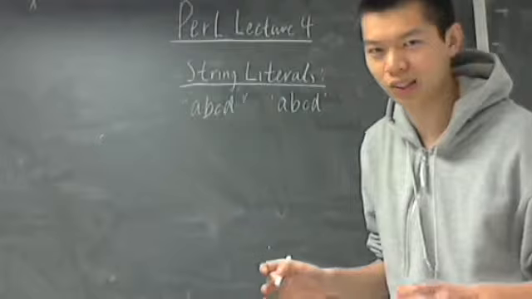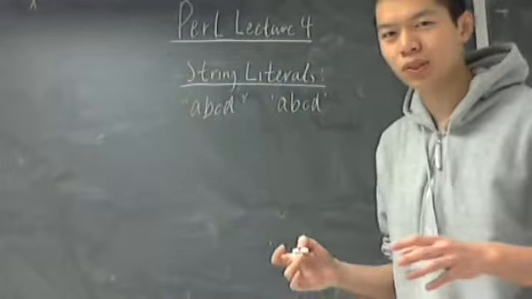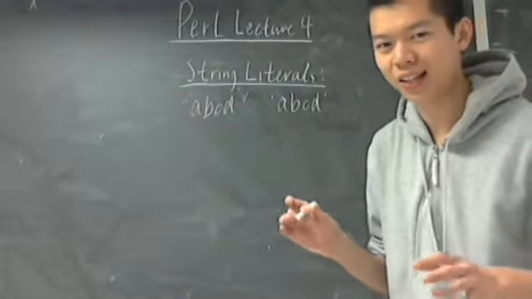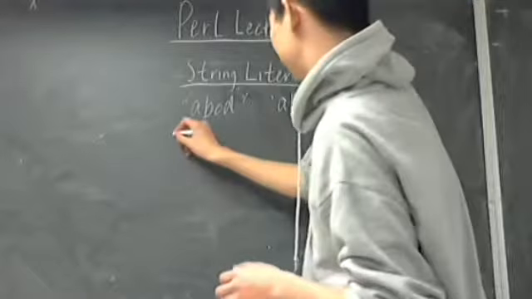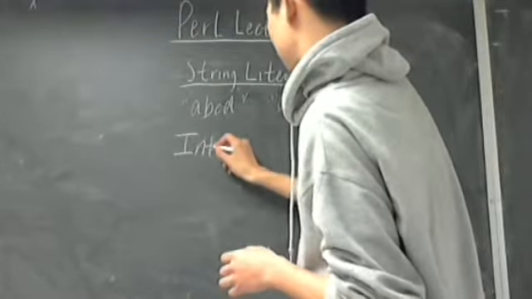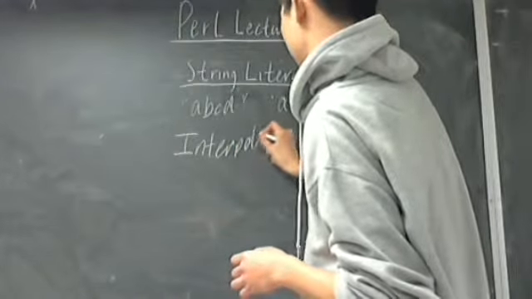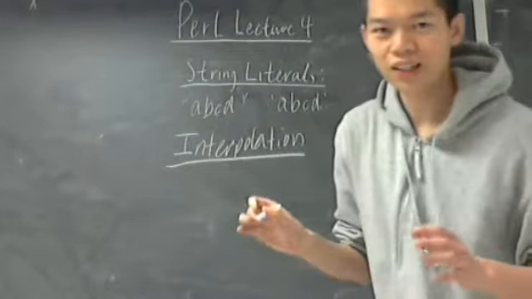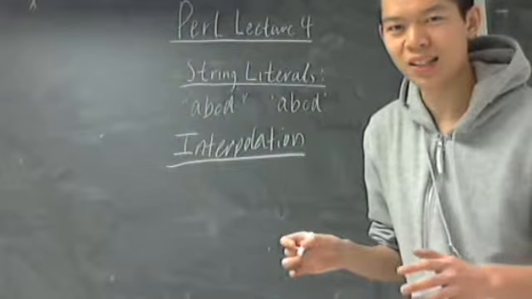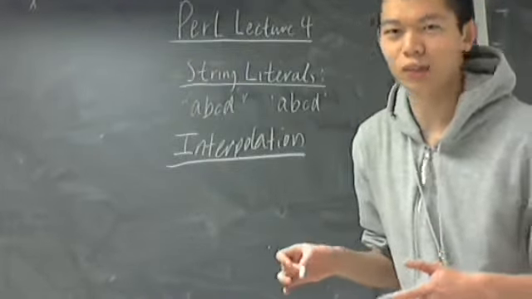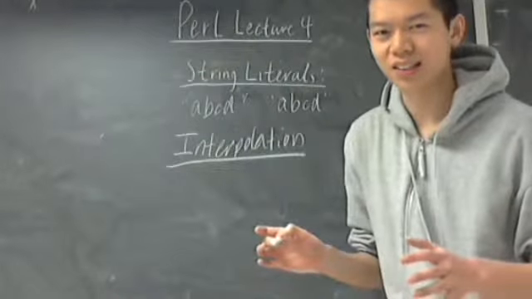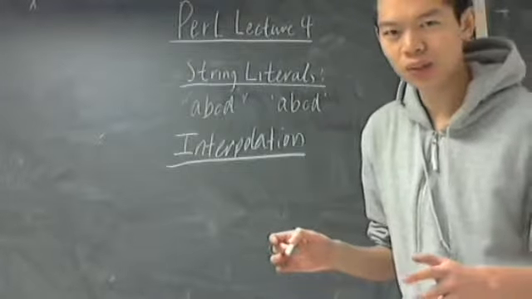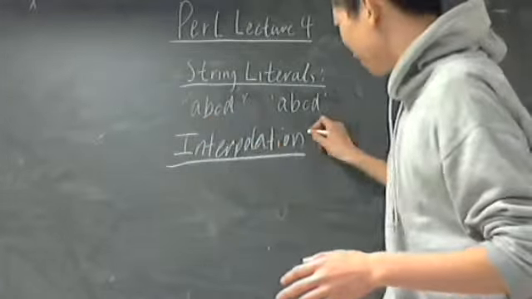So what's the difference between a single and double quote? Well, the difference between a single and double quote is a key idea that's fundamental to Perl, and that idea is known as interpolation. Interpolation is more of an idea that I won't concretely define for you because the idea is not really that complicated, okay? So what Perl will do is Perl will only interpolate